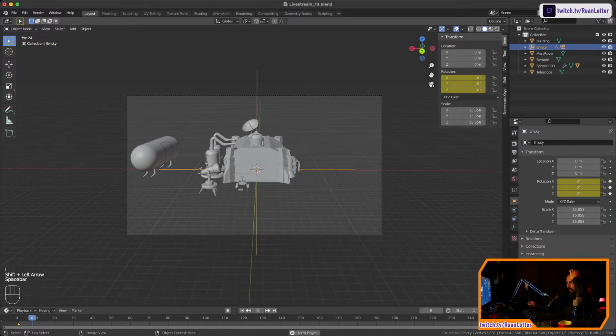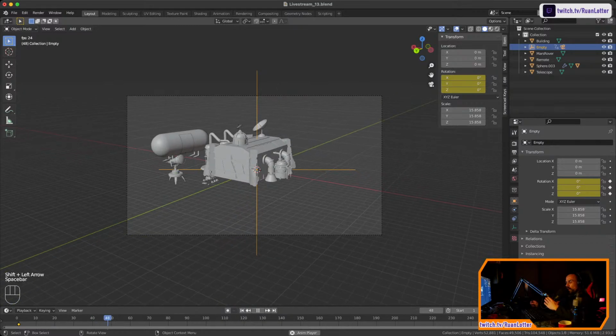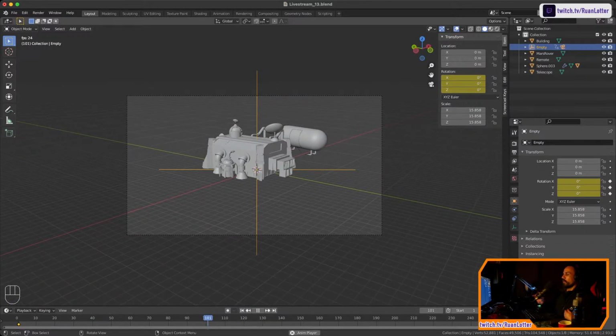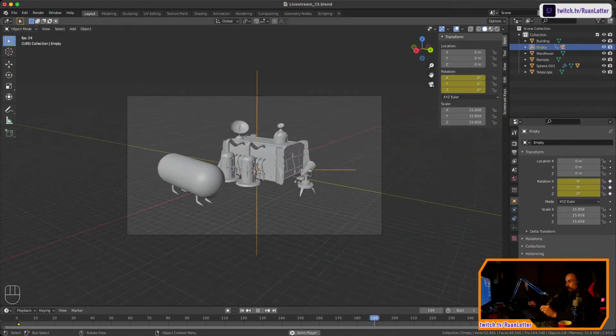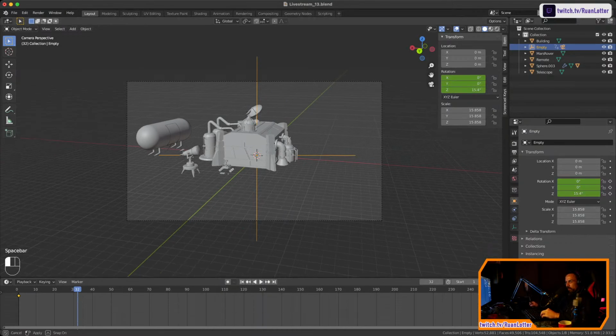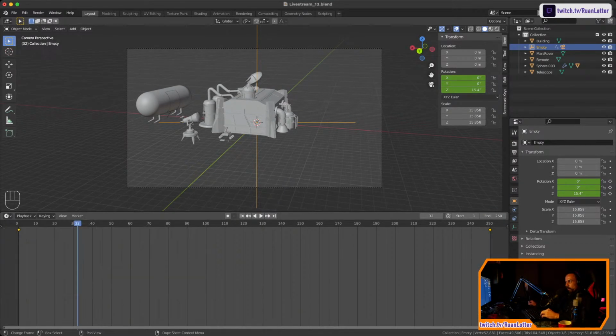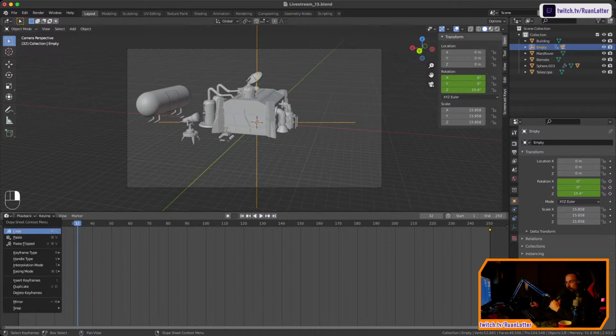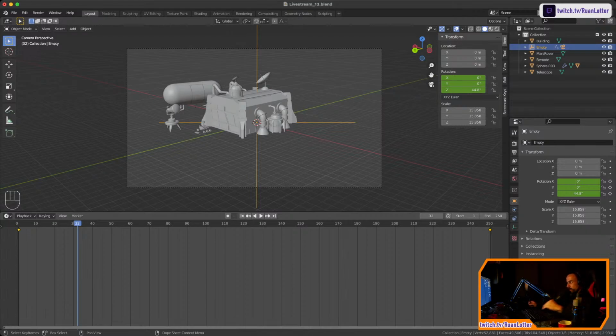Now the only thing is this is going to create like a slow start, and then it's going to speed up, and then it's going to kind of slow down again at the end. So it's not a perfect loop. And then it's going to start again. So what you want to do if you do something like this, you can simply select these two keyframes, because it's going to automatically ease them like that. So you want to right click, and then you want to go to handle type, and you can set this to vector, and that's going to just make it a straight line. So now if we play back,